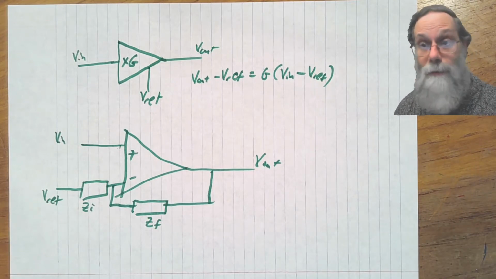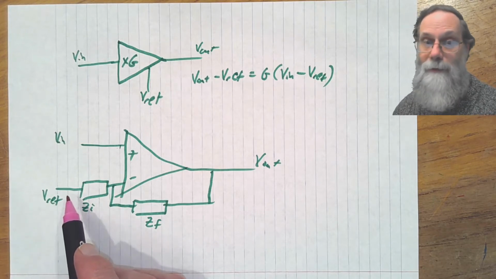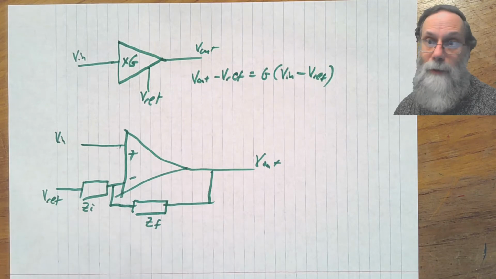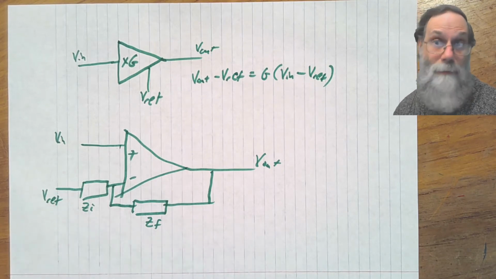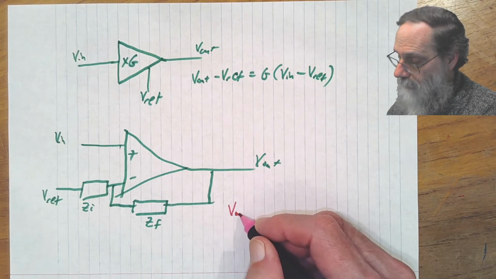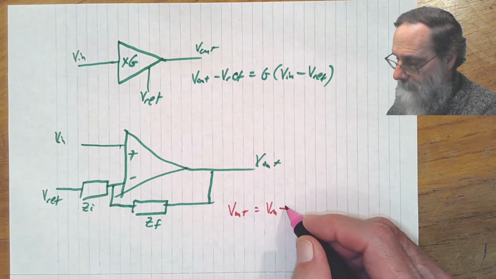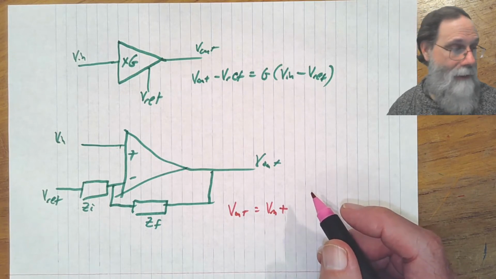In fact, we had two different formulas, one of which pulled out the VM and one of which pulled out the VP. Let's use the one that pulled out the VM, so that we have V out equals VM plus